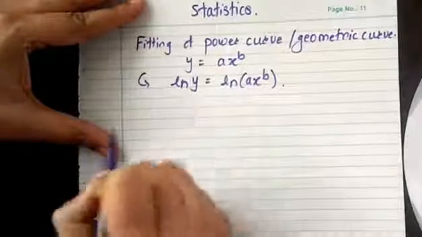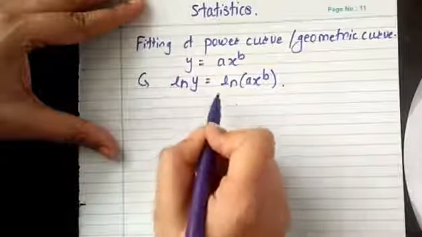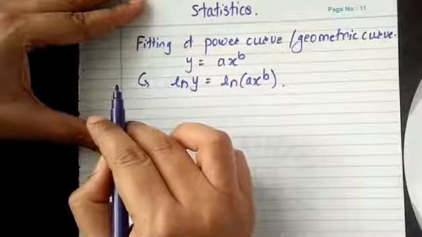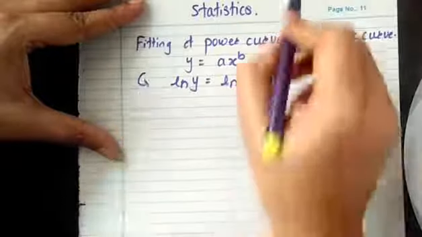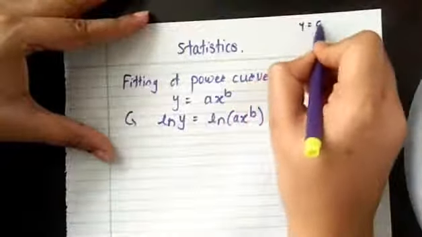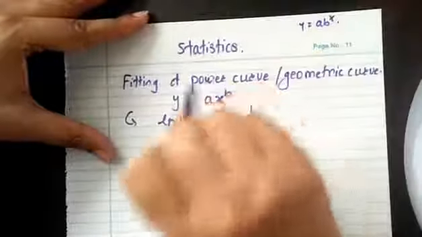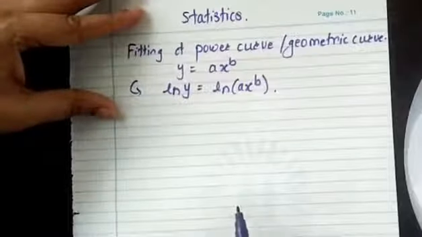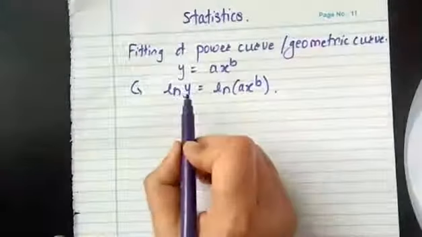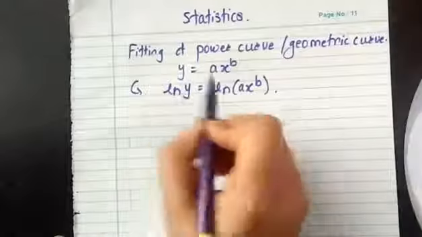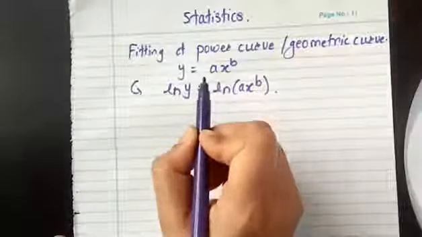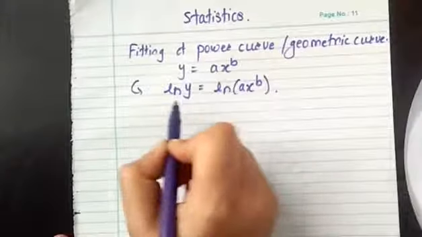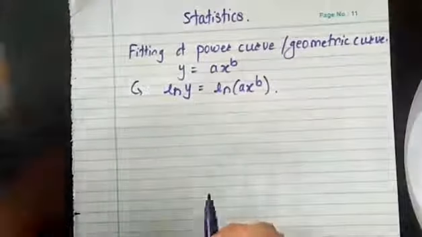And if we have taken ln, natural log, instead of log to the base 10 in the previous example, that is in the solution of y is a into b raised to x, we can also take ln. We'll get the same result in case of ln also. But if we use log to the base 10 for such fitting, we will get wrong results. So remember, in such fittings we must take natural log on both sides.